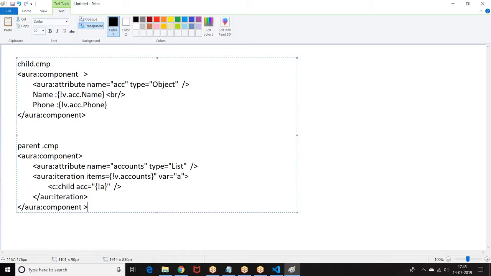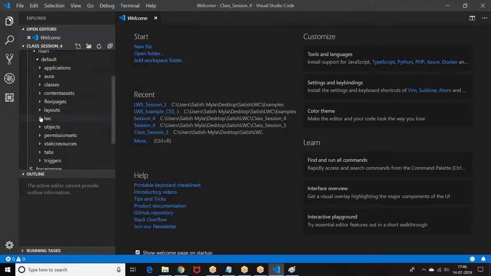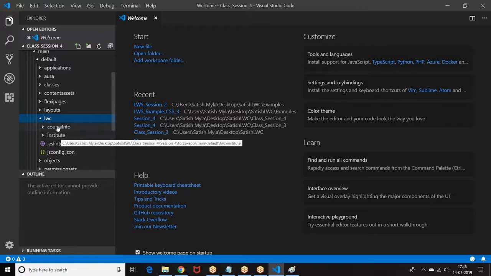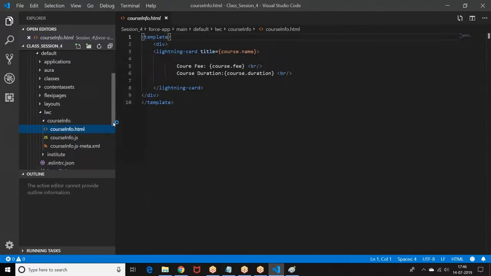What I wrote here? So when I am invoking this parent component, what happened? The loop will run. How many times? Depends upon the number of records that we have, the loop will run. Every time the loop runs, the child component will be printed. Am I right? The same story I was trying to run here.